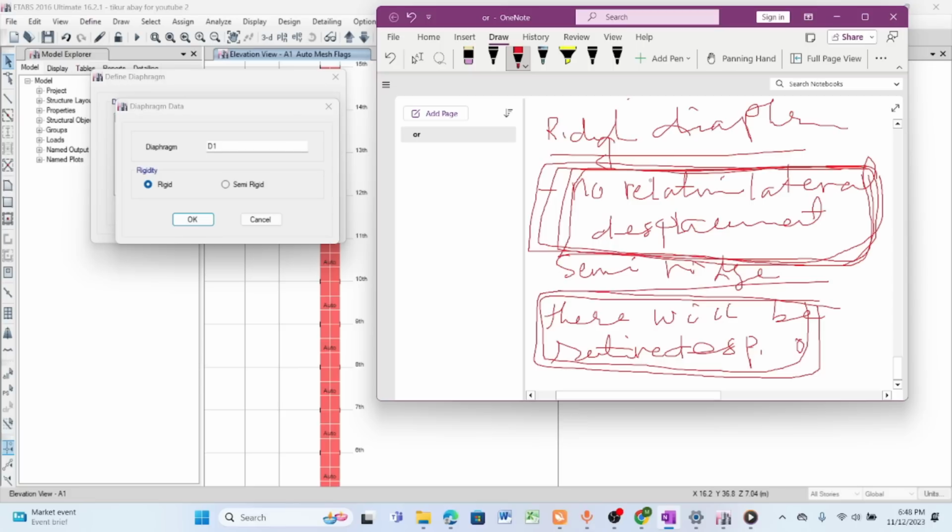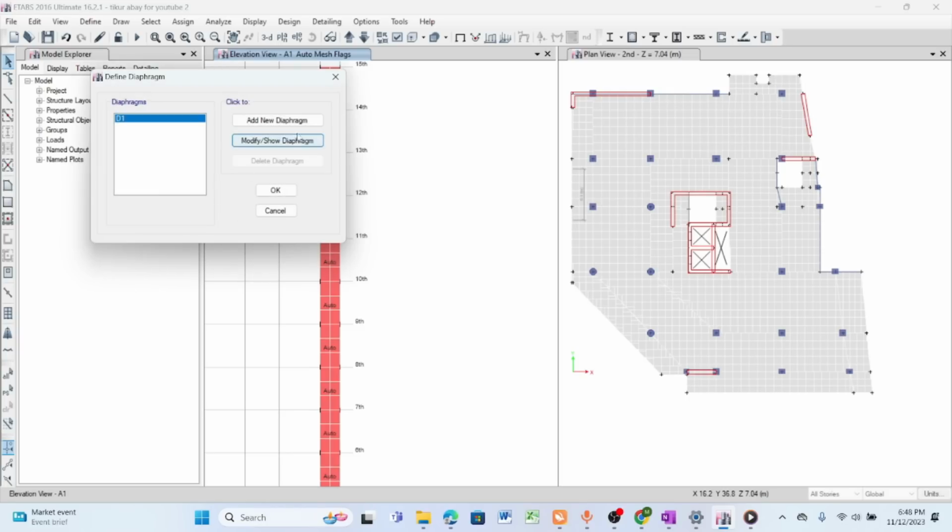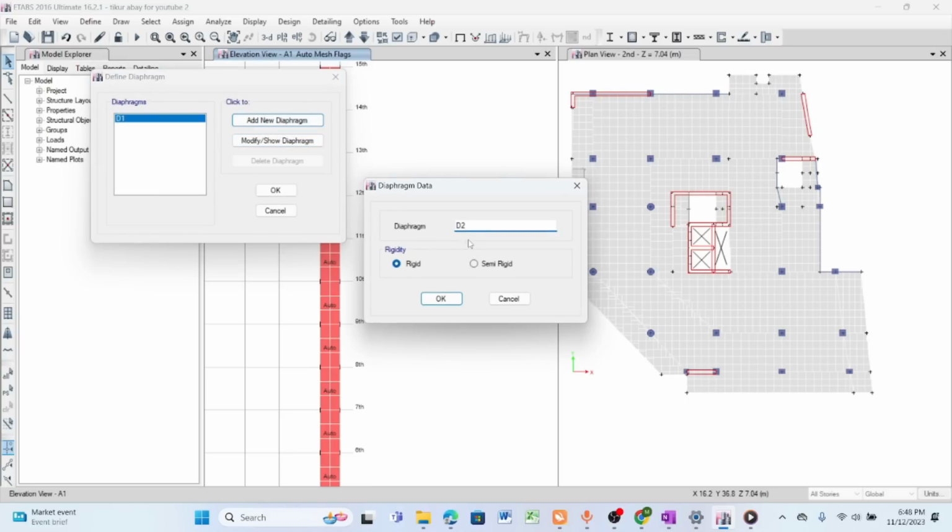So this is the main difference between rigid diaphragm and semi-rigid diaphragm. So now let's assign rigid diaphragm to our member in order to make the analysis time short. So here we need to define 20 number of diaphragm. So do one, add new diaphragm. So 2,